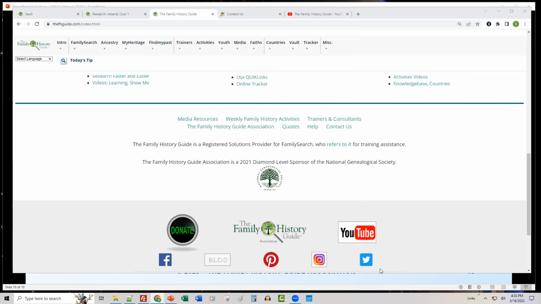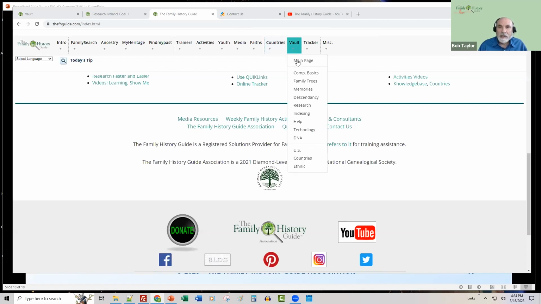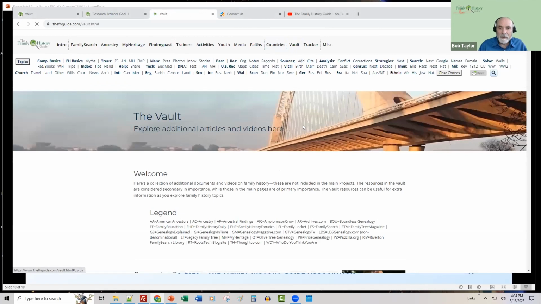Gordon asks, can you review how to get to the Roots Tech links, please? Okay, the Roots Tech links. We don't actually have a link to the Roots Tech homepage, but what we do have is lots and lots of Roots Tech articles and videos. So for example, let's take a quick example here. If I go over to the vault and the main page here,